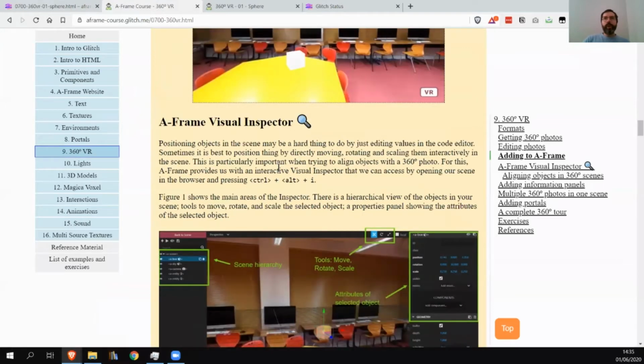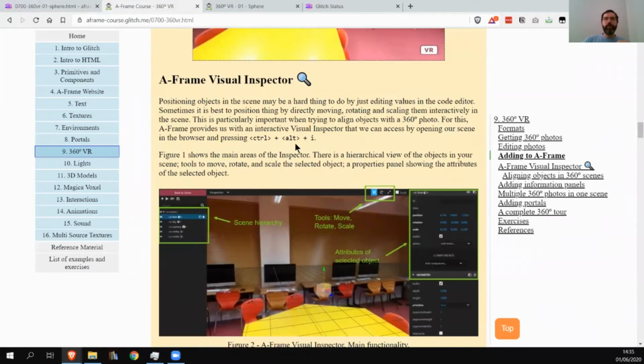Now I'm going to introduce a tool that I have been, kind of on purpose, leaving out of the previous chapters. This is called the visual inspector in A-frame. I'm sure that some of you have already found out and used it, so that's okay. I usually leave this to a more advanced